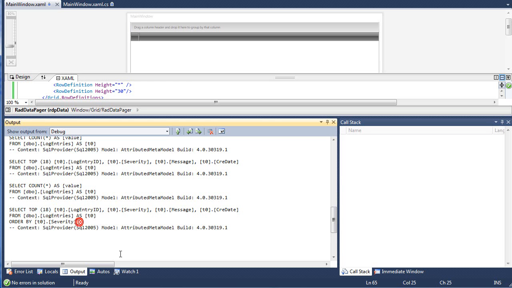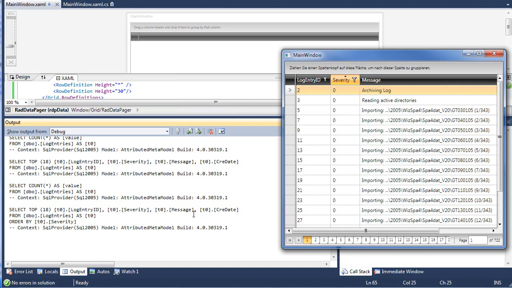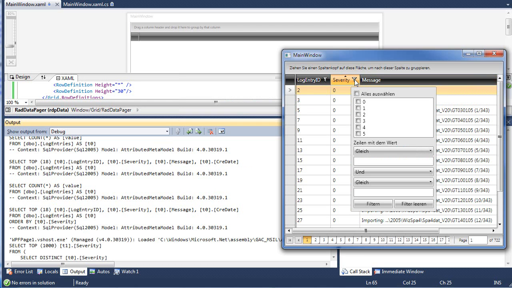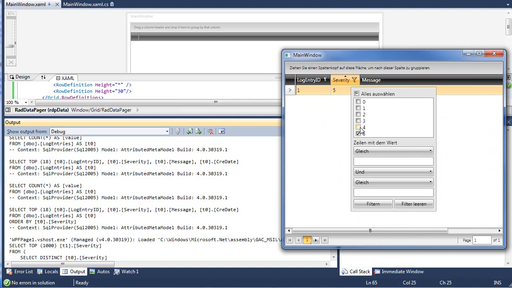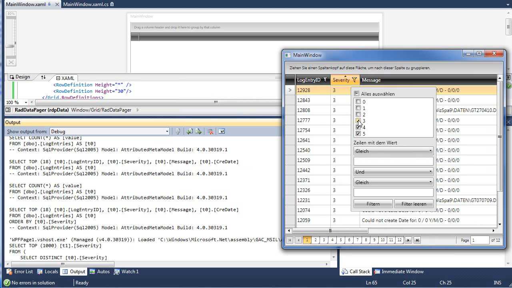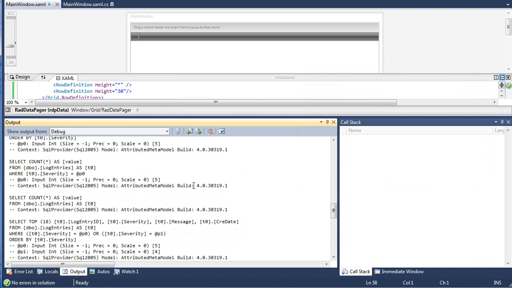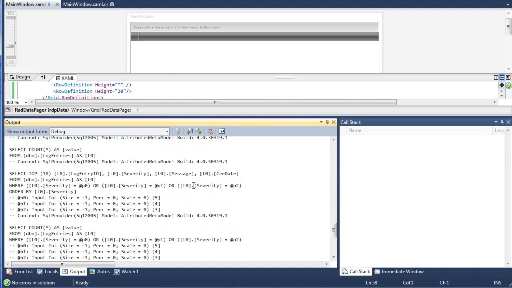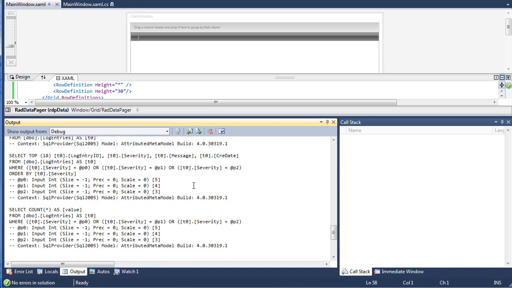So now we only get 18 records from our server to the client. Let's try this by filtering, set some values, and again we see we have this select top 18, but at the moment we are at the first page,